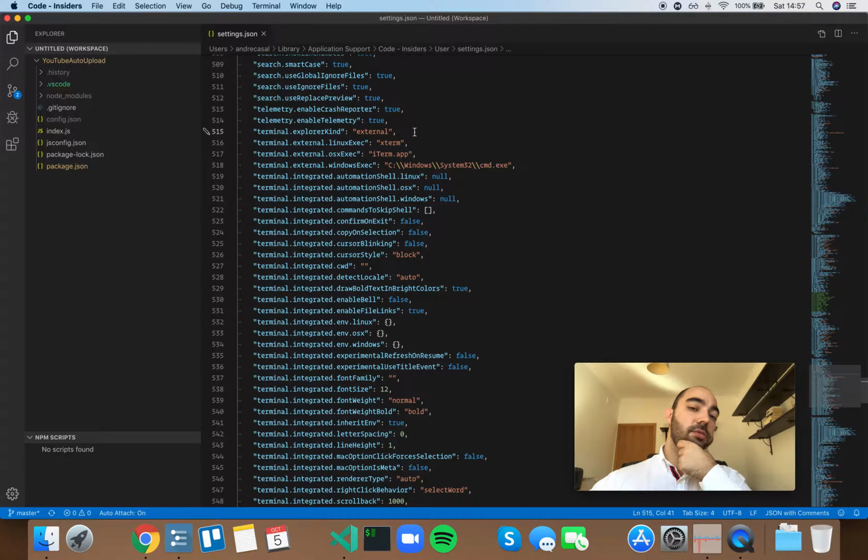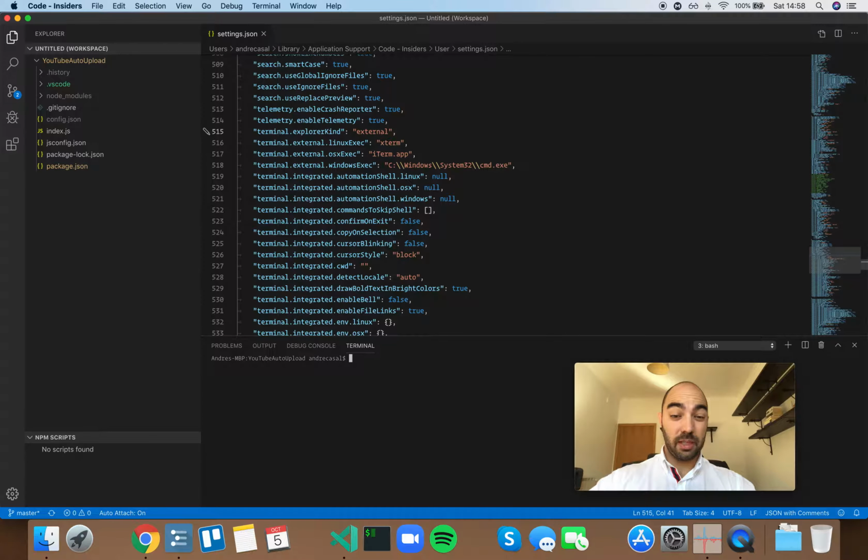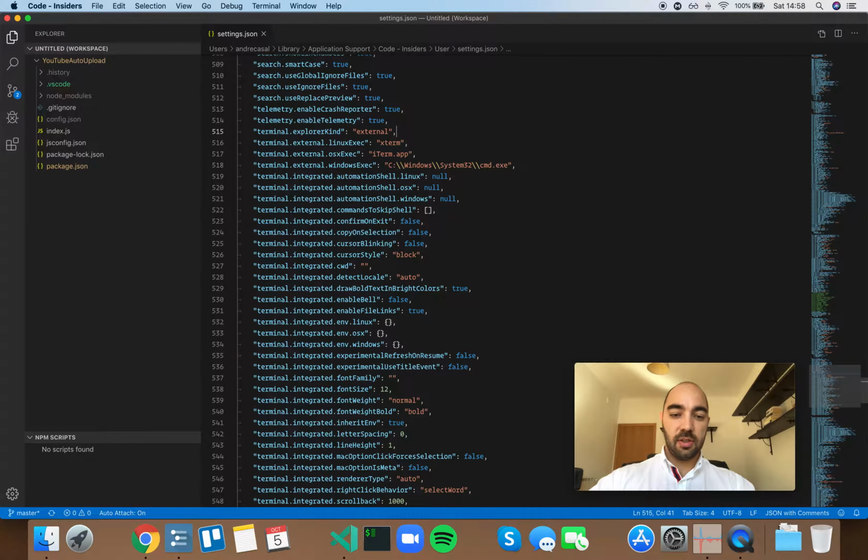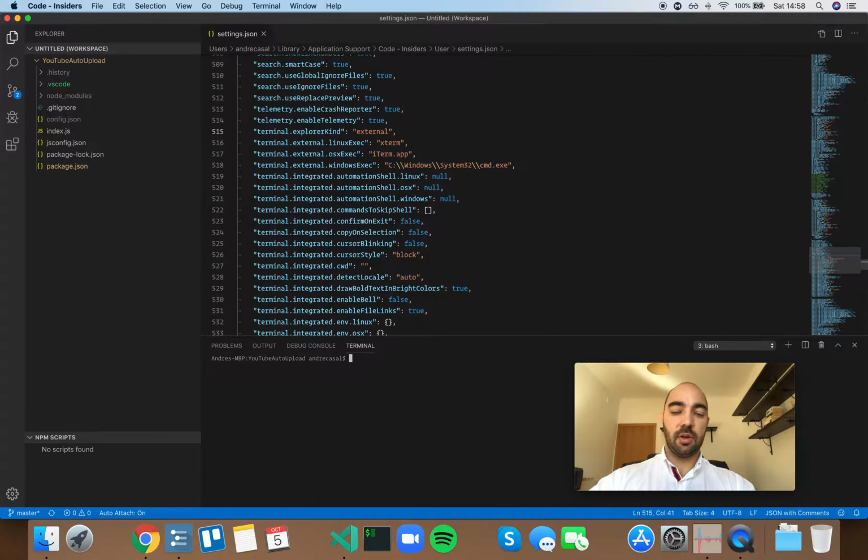Now, I actually find this to be a really nice shortcut to opening an external terminal, because it's so easy to open the integrated terminal. You just press, I think it's Shift Command backtick. No. Shift Control backtick. There we go. And you can just use Shift Control backtick to open and close the integrated terminal, so it's very easy to